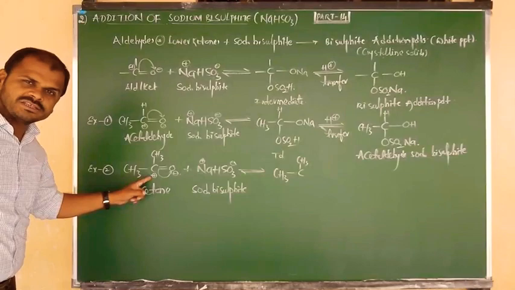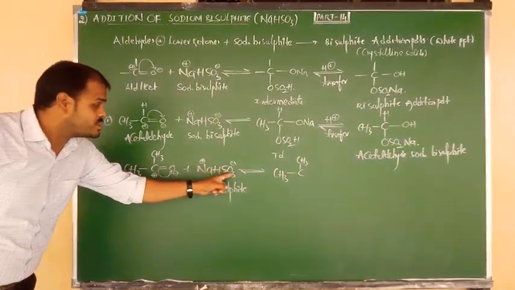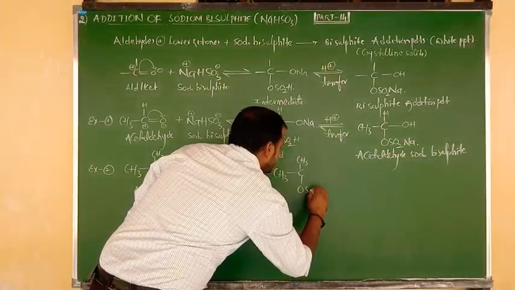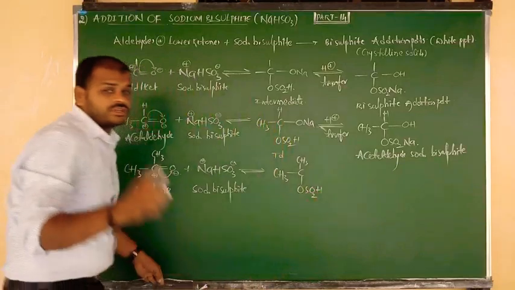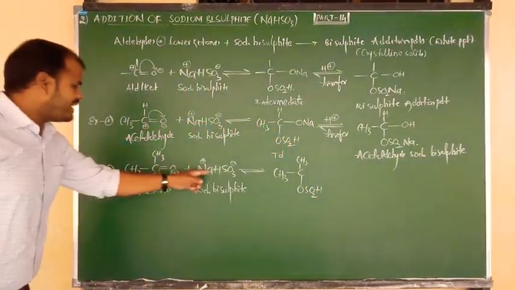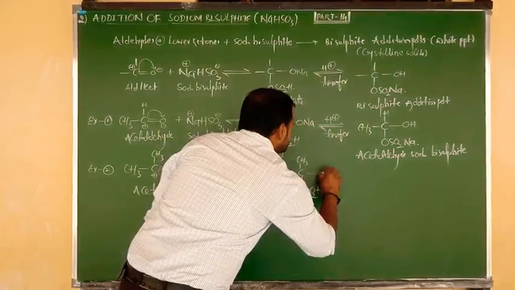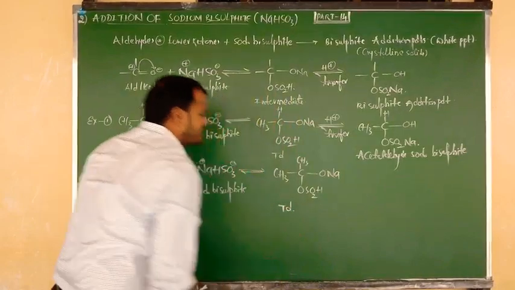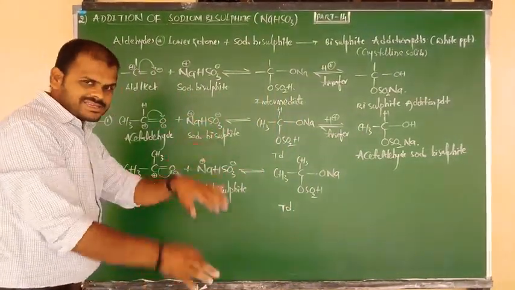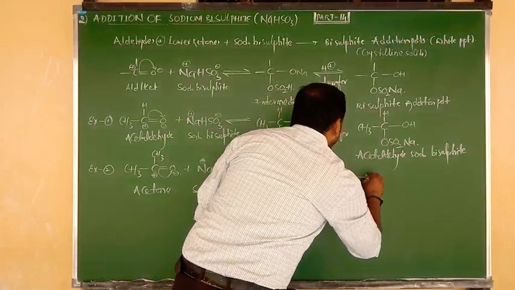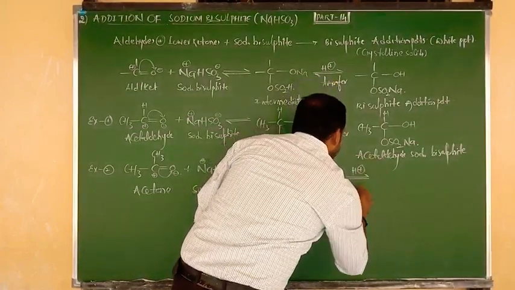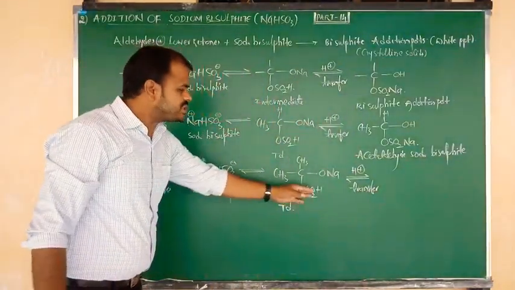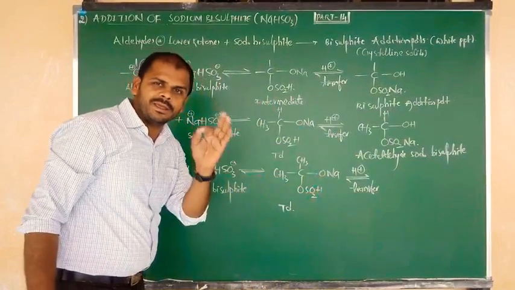Central C contains the positive charge, attacked by the negative ion oxygen, so OSO2H, and also we can say SO3H, but we have to give the connection through only oxygen. Okay, beta, and Na plus attacks upon O minus and the double bond becomes single bond, so ONa. Again this is your tetrahedral intermediate, unstable form. It changes into the stable form only by the transfer of protons, H plus transfer.